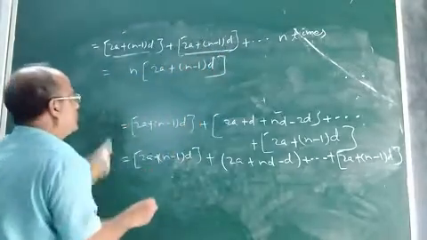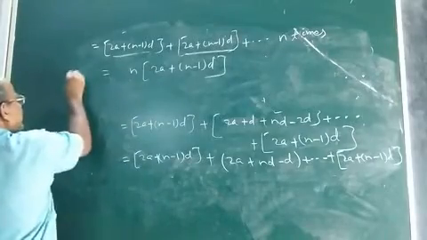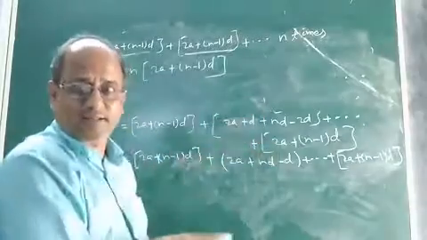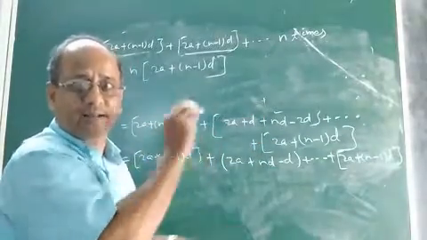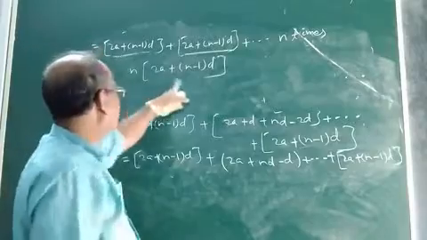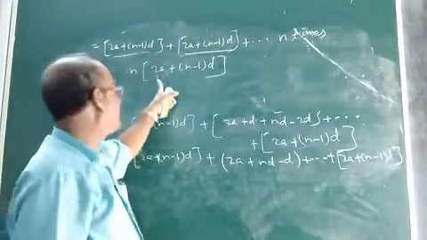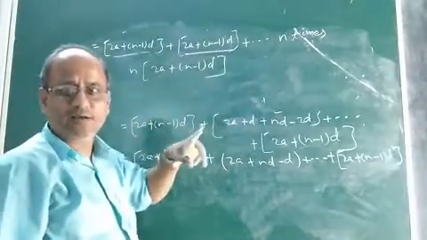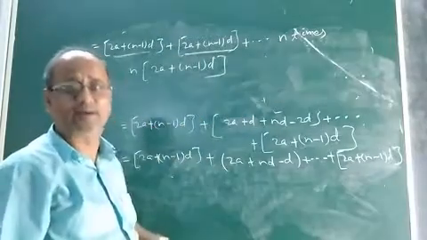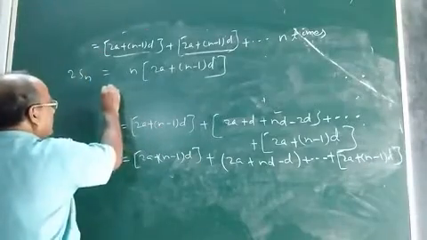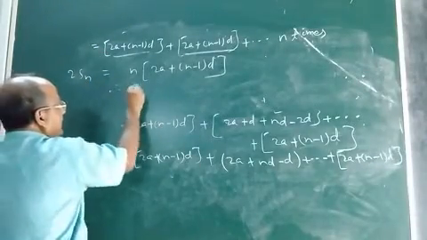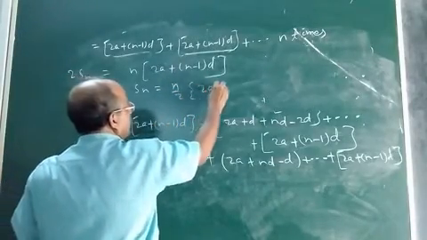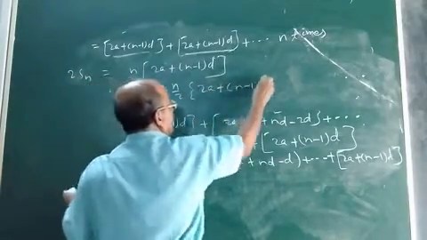Children, I hope you understood. So this is whose value? This is the value of 2Sn. Earlier we had got Sn plus Sn. We had added the left hand side Sn and Sn, 2Sn. So 2Sn equal to n into 2a plus n minus 1 into d. Now if 2Sn is n into 2a plus n minus 1 into d, then what will be Sn? Therefore, now you bring 2 to the right hand side. So Sn equal to n by 2 into 2a plus n minus 1 into d.